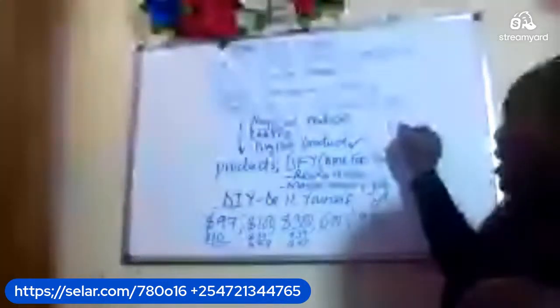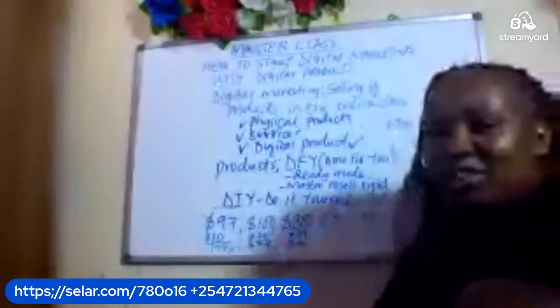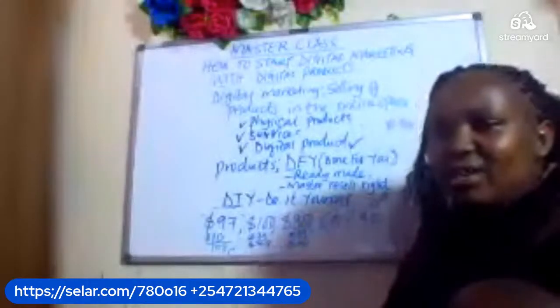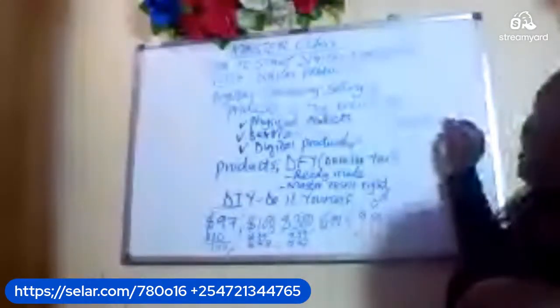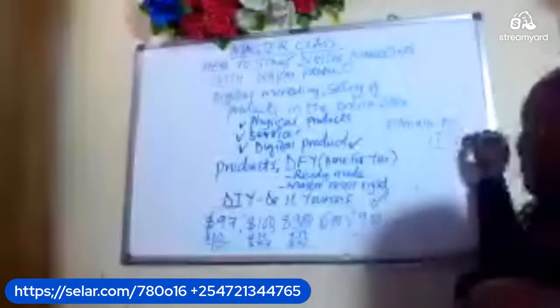Why? Because with just $900, if you convert that into Kenyan shillings, that is 117,000. If I only make 10 sales, how much is that? That will be $9,000, which is about 1.17 M, not K. 1.17 M. So when I saw an opportunity that I could only make 10 sales and make $1 million, I just grabbed it.